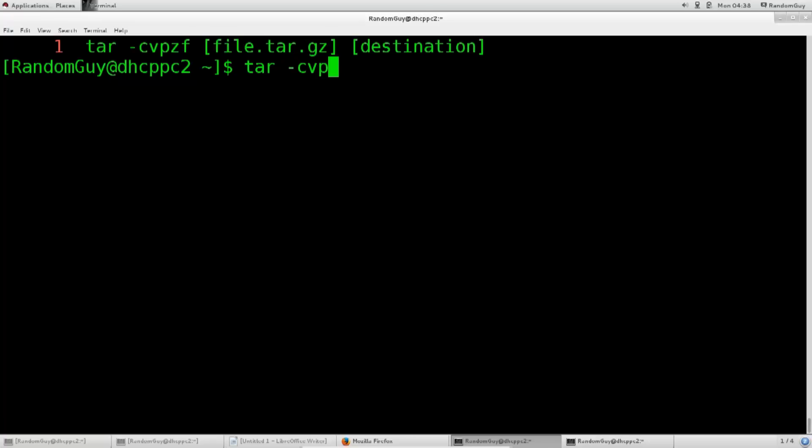Why is this important? Why would you want to preserve the permission file structure? Well, file hierarchy. Imagine the following scenario. You are basically performing a backup of a website, and you want to back up the entire site with all the file structure, the whole file structure, everything that is in there.